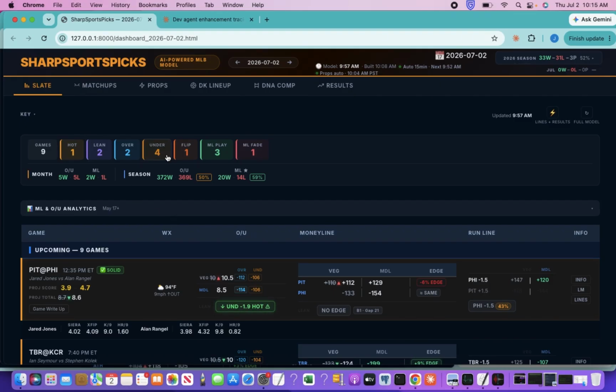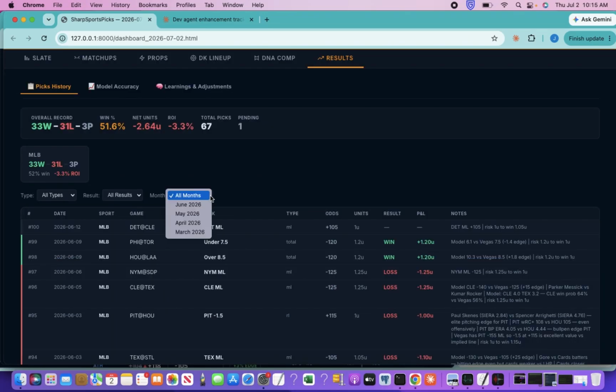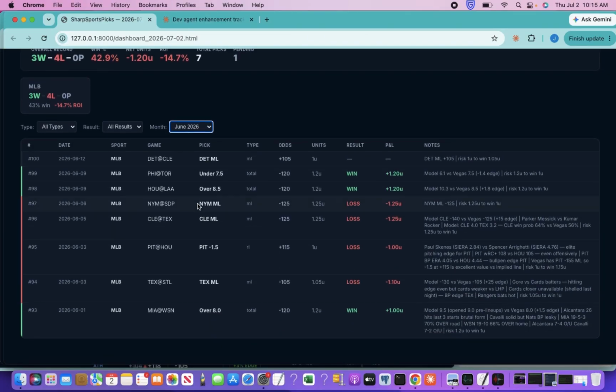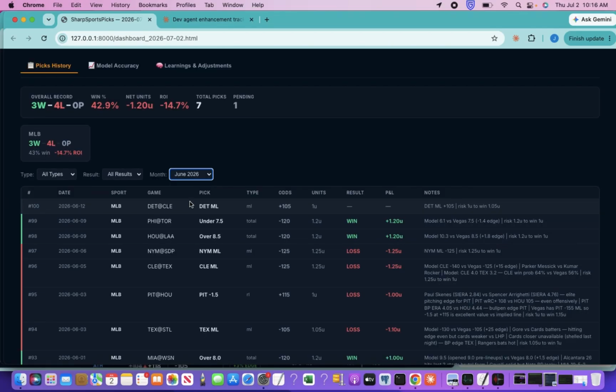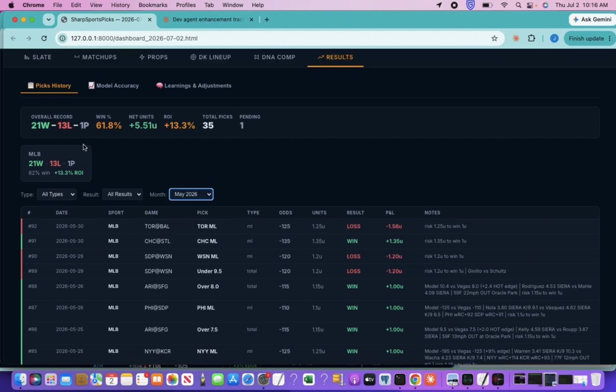Last time I did it through a prompt and ChatGPT, but this time I'd rather talk about it and walk through it. So in June, we'll check out the record. I really didn't bet much in June because I was taking it as a let's hold off on picks here, and just study the picks and see if we can find trends. So June, nothing much. Really wasn't going for picks.